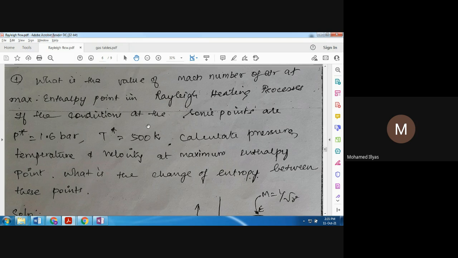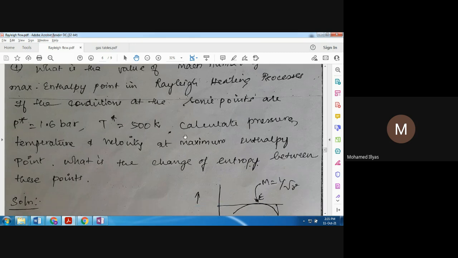So here it is given maximum enthalpy point in Rayleigh heating process. They are asking what is the Mach number at the maximum enthalpy point in the Rayleigh heating process, and they have given that at M equal to 1, P is 1.6 and T is 500. That itself is P star and T star. And at this maximum enthalpy point, they are asking us to find out the temperature and velocity and also the